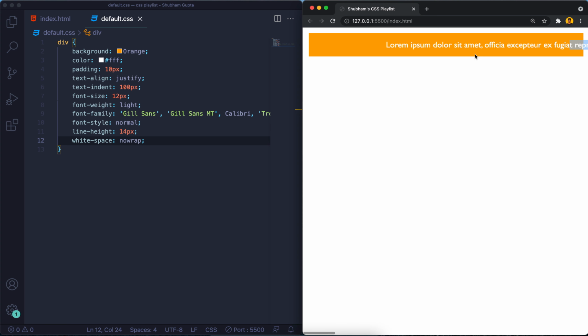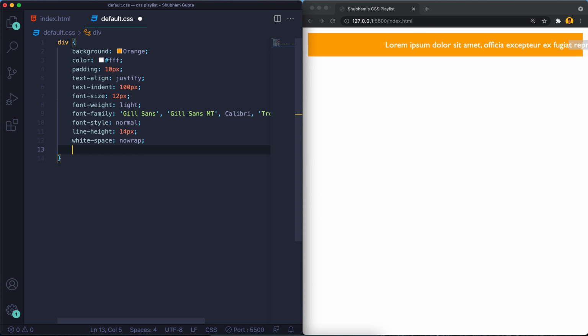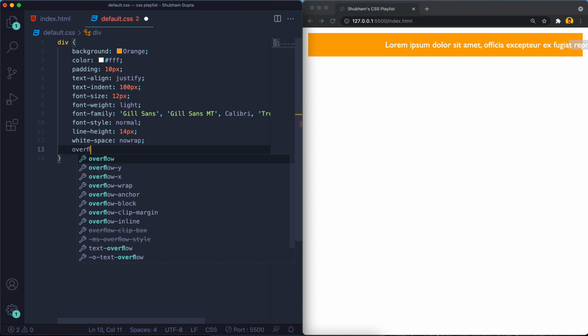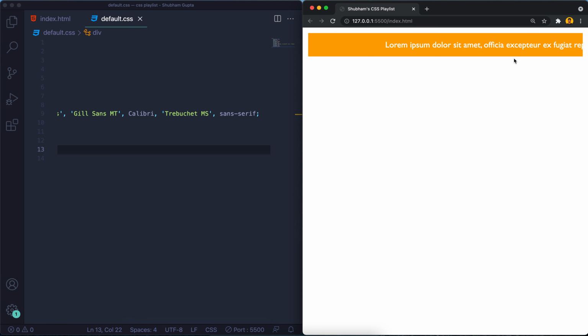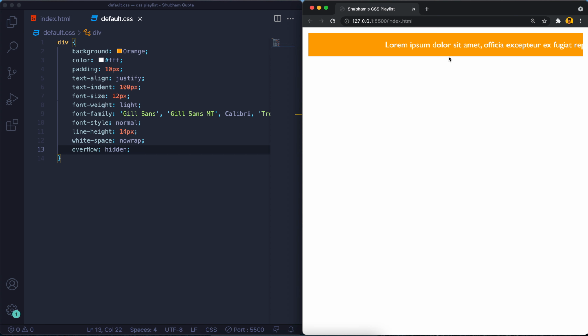Okay, so what can we do for this? We can use overflow, as we already know, overflow hidden. Now it won't show anything, as I cannot scroll there. But we want it to show something which can signify that there is more content.